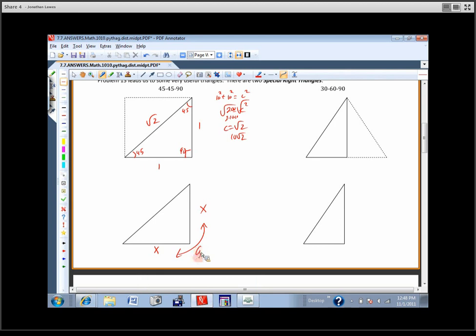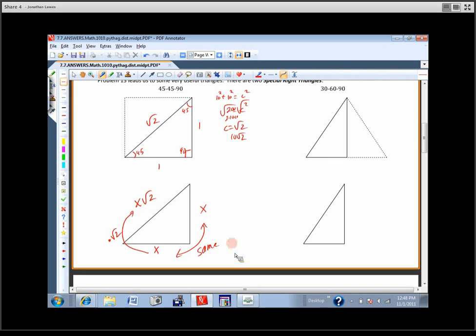What's this other one? It's got to be x. These are always the same. That looks like game. I'm going to get rid of that. Okay? Those are always the same. So if you know one leg on a 45, 45, 90, you also know the other leg. And then on every single 45, 45, 90, if you know a leg, you can find the hypotenuse by timesing